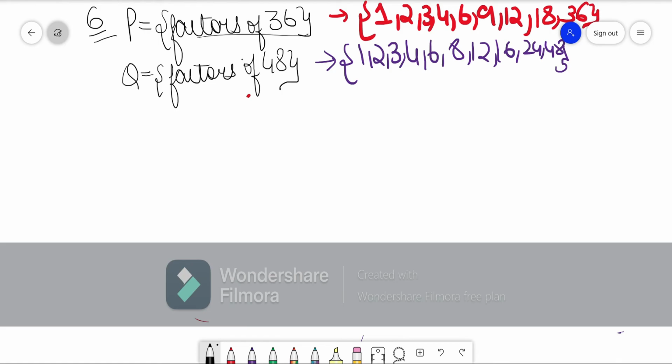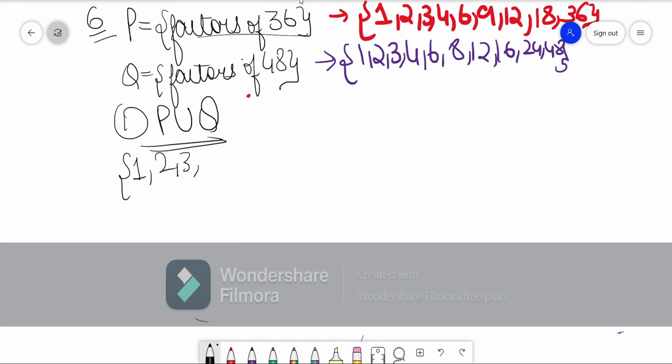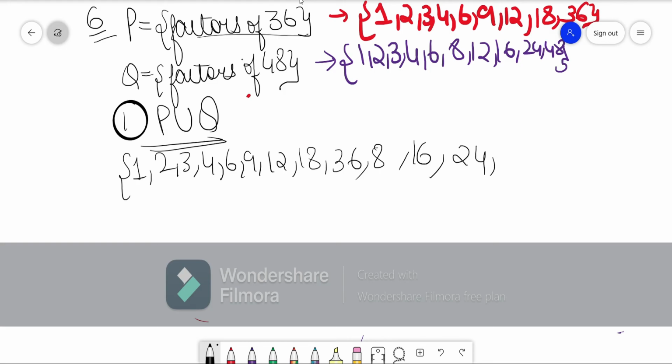Right. So first you have to find out P union Q. This is a very important question. Such questions are surely going to come, right? Means the whole parts of this question, question number 6. So P union Q. You have to write all the elements that are present in P first. 1, 2, 3, 4, 6, 9, 12, 18, 36. And all the elements that are present in set Q. 1 is already written, 2 is written, 3 written, 4 written, 6 written, 8 written? No. 12 written? Yes. 16 written? No. 24 written? No. And 48, right? So this is the first, that is P union Q.